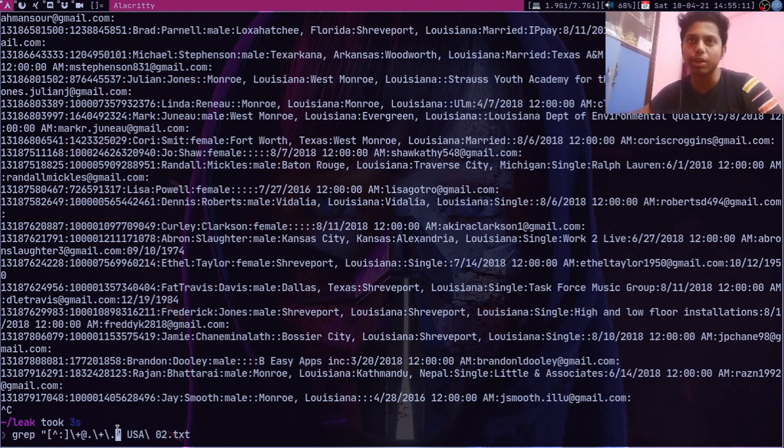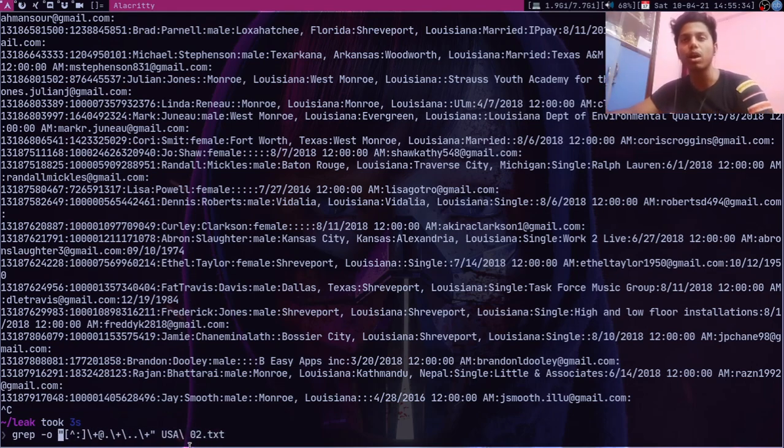So we have used that dot, and notice that I am using this slash because a dot is a special character, so I have to escape it and search for that dot as a single character. After that I am going to again search for any characters, so it's going to be this one again.